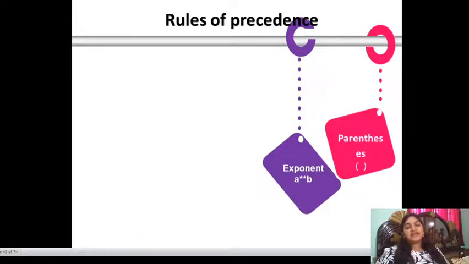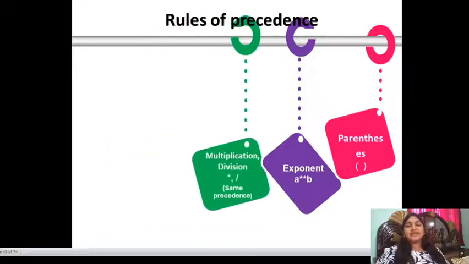The second precedence is exponent, because the highest value will be placed first. If any value is a minus or negative value and is performed at the end of the order, then it is defined as one of the main rules. Next, coming to the third one, multiplication or division will precede in the third place.